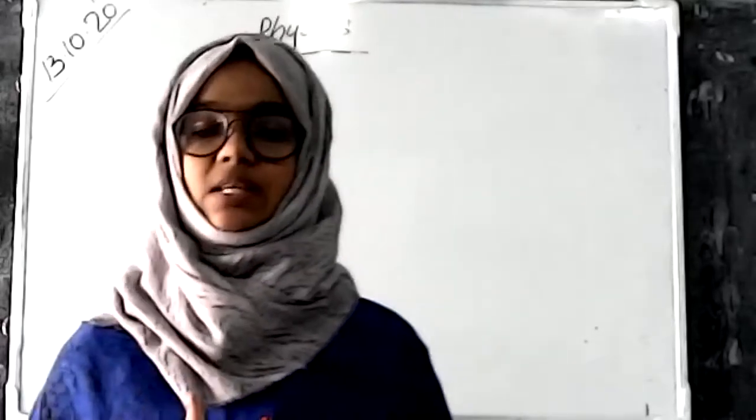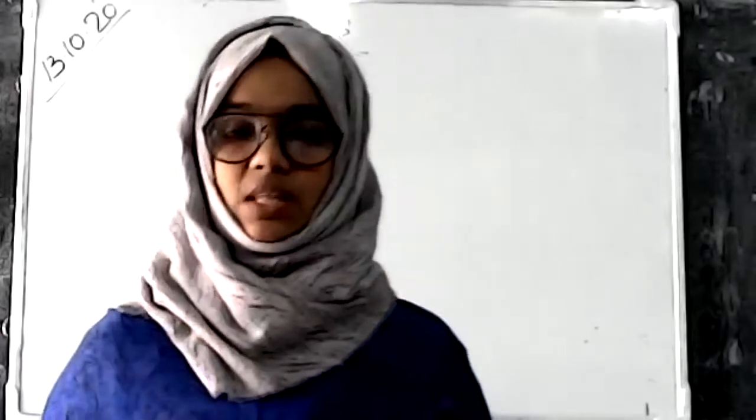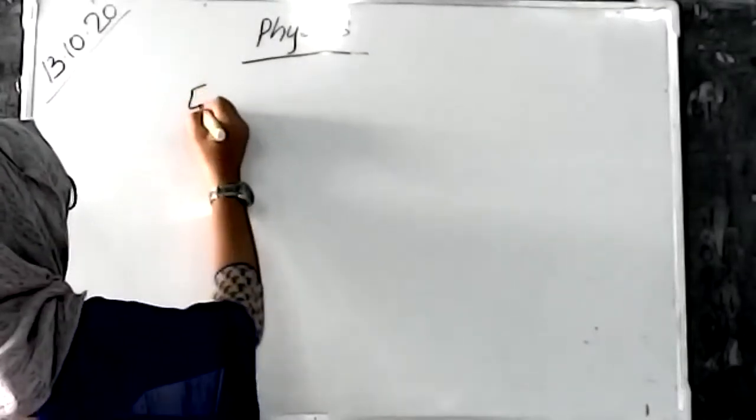So today we are discussing electromagnetic induction. In this chapter we are discussing electromagnetic induction, alternating current and direct current, and a rule for showing direction in a magnetic field. First of all, we have to discuss electromagnetic induction. What is electromagnetic induction?